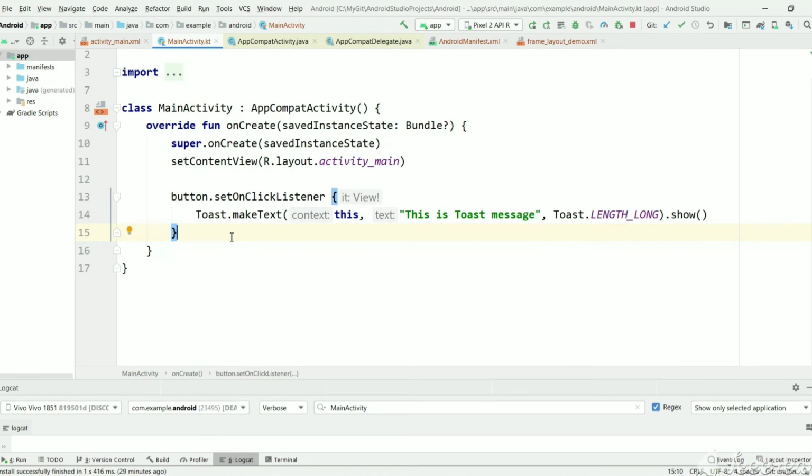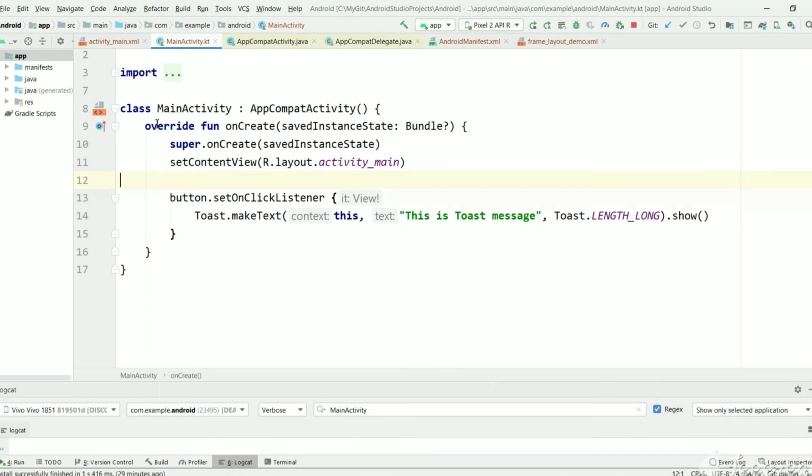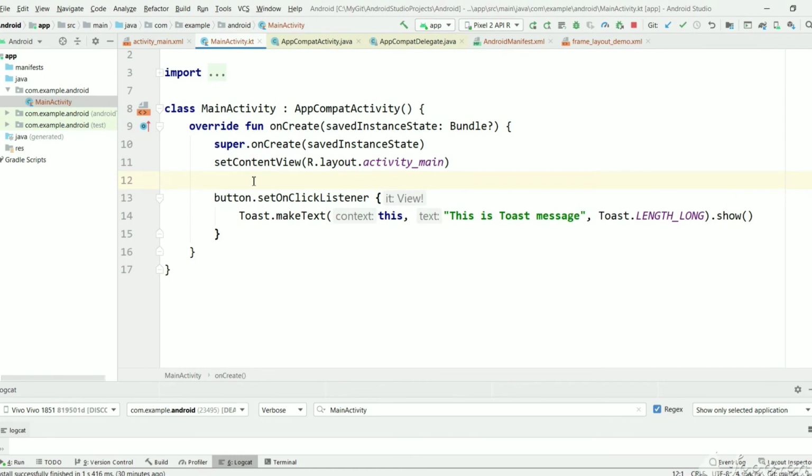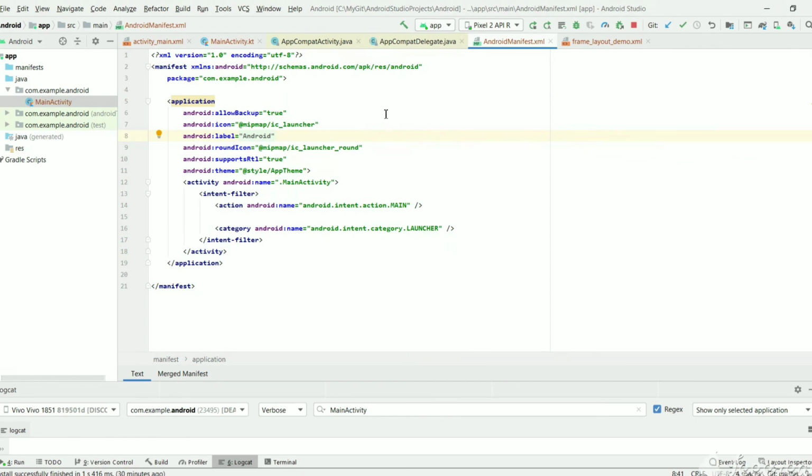There is one more important and very interesting shortcut. Like MainActivity, we have opened a file, but we want to see where this file exists in the project directory. What we need to do is click on this icon, select open file, and we'll go to that particular package where this file exists. Suppose let's go to AndroidManifest.xml. If you want to go to this file in this directory, again click on this icon. Again we went here.